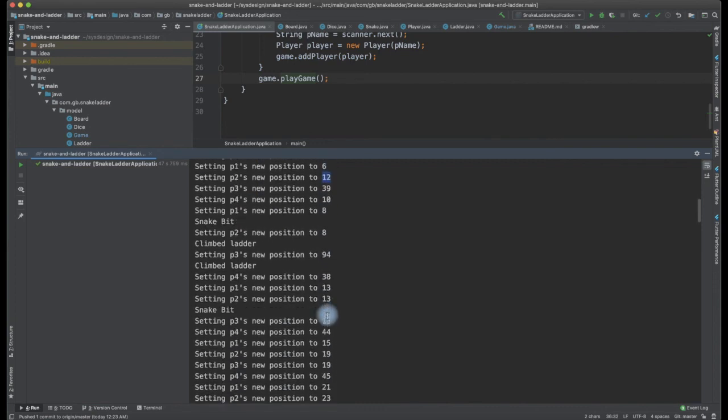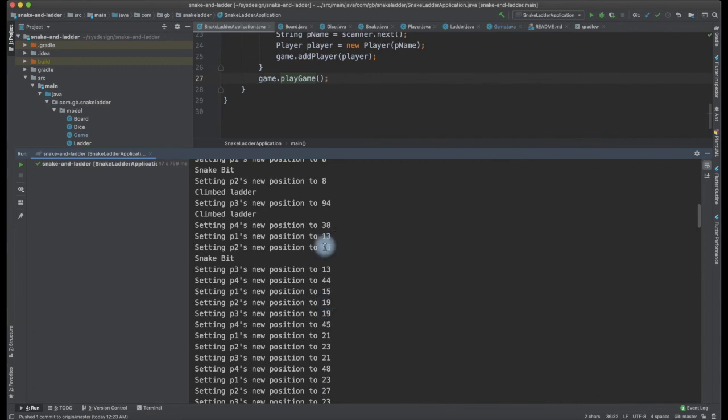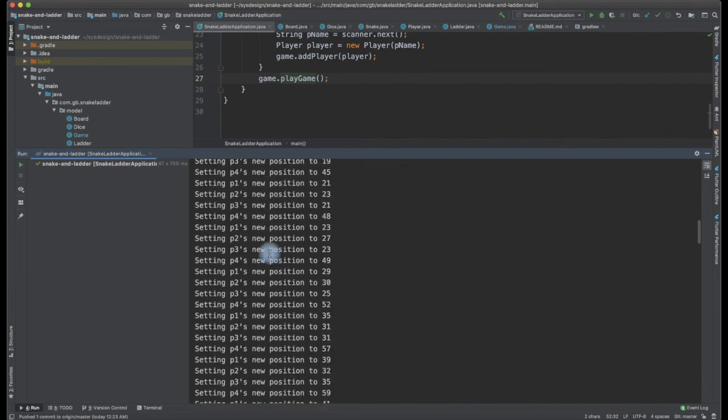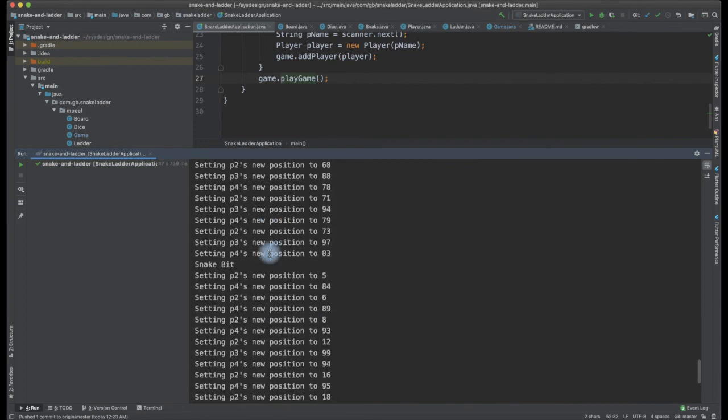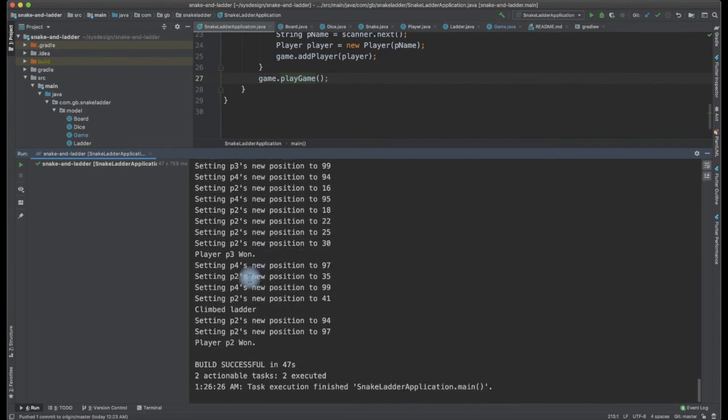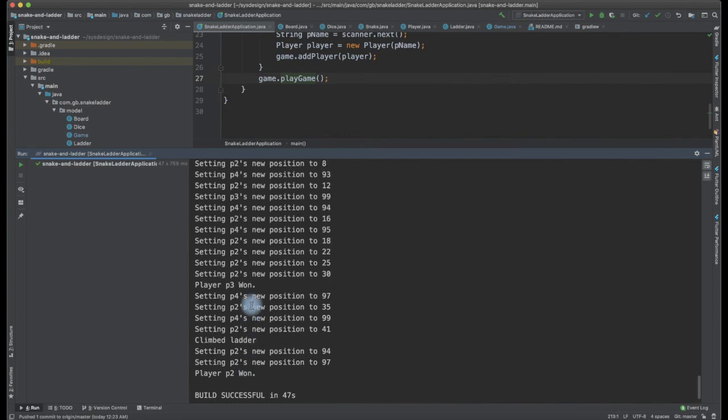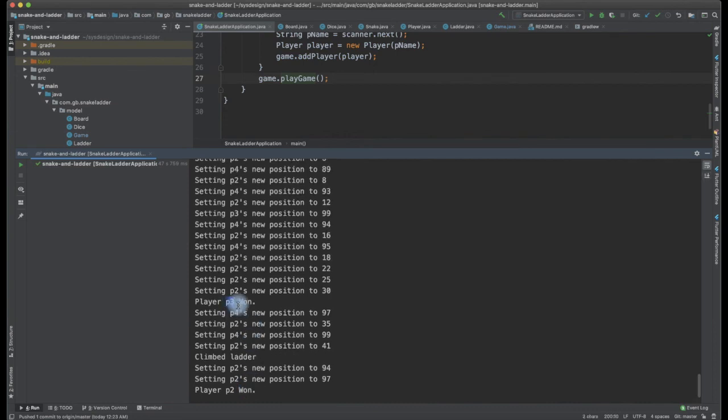Similarly, when the snake bites, P2's position is 13, right? So what is the next P2 position? After he might have thrown 5, there should be a snake which has bitten here. So finally, who has won after so many throws in the simulated game? P2 has won. The final player who has won is P2. Prior to that, P3 has won. Prior to that,